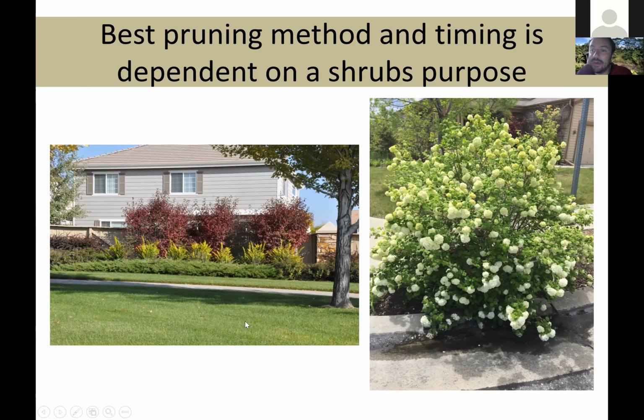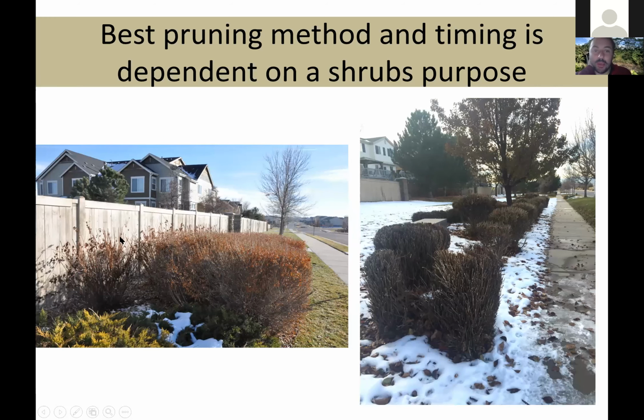Well, here we have kind of the opposite situation. So again, we have an HOA border planting of shrubs, probably to hide the fence, right? And you can't tell from the picture, but this is ninebark in the back, currants in the front. Actually, they did a pretty good job of putting tall stuff in the back, short stuff in the front, but the landscape management company is shearing them all into a square. So, if the function of these shrubs was to look pretty and hide the fence, they're not doing that, right? Because the way they're being pruned is impairing their ability to do their job in the landscape.